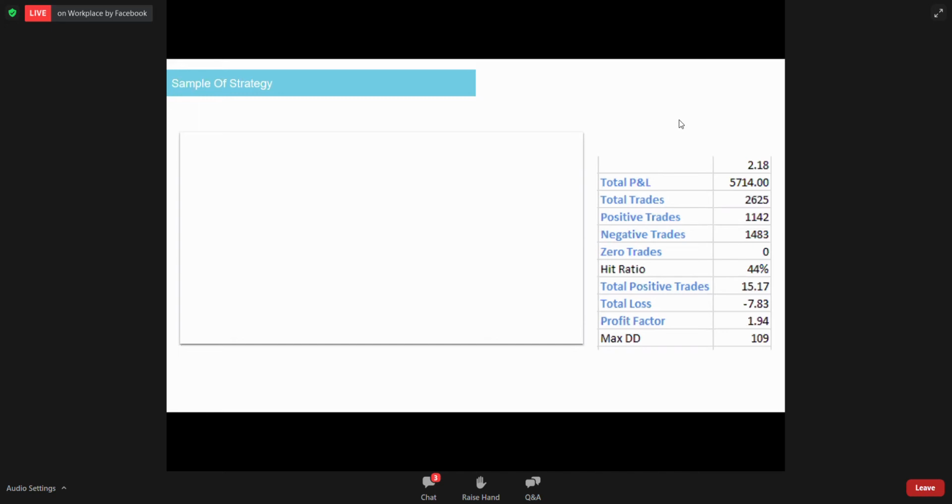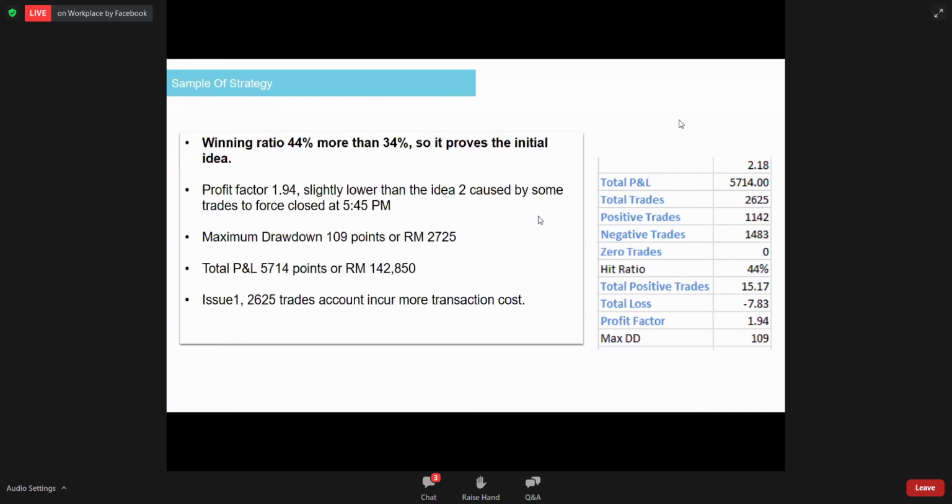The other angle is that the total trades are quite many, 2,600. Let's say you pay 10 ringgit per trade, you'll be paying 26,000 in charges. Of course, we still earn 100,000 from there, so it's still not an issue, but there are definitely things to improve. Looking at the data, there are 2 issues we can improve. First, I did not put any filtering in the initial testing, so the winning ratio can be improved beyond 44%. Less than 50% means we are worse than a monkey. We should go above 50%.